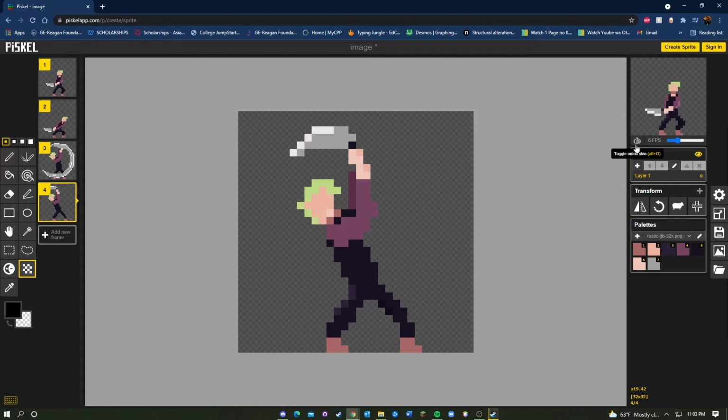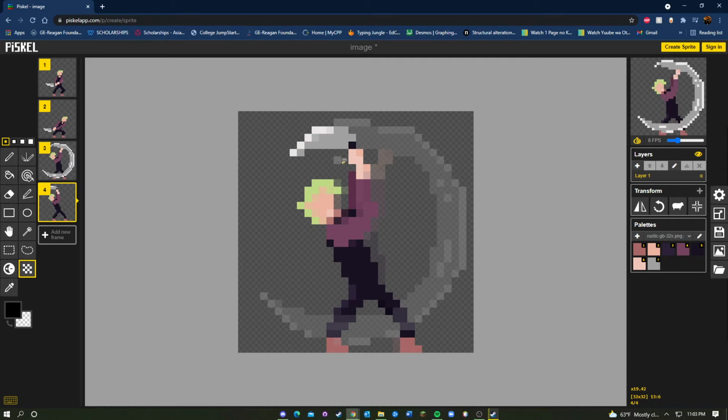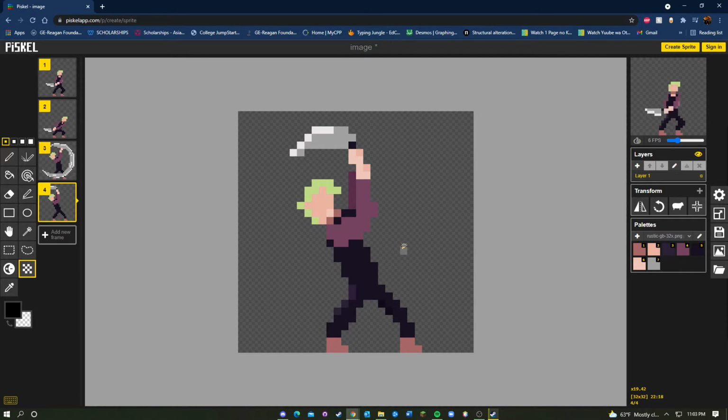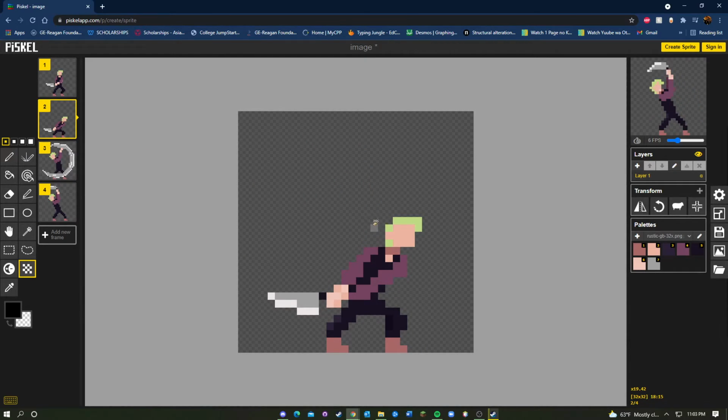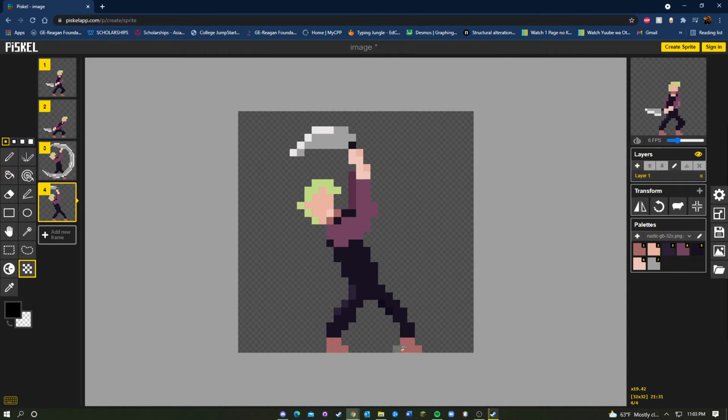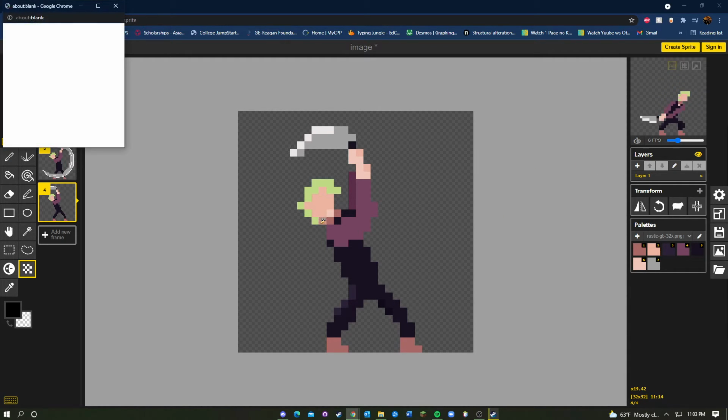If we compare it to the old one, we see that he moved a little bit backwards just to show that he's really bringing the knife all the way back up. And we're using other principles of animation, squashing and stretching. I didn't really go over this before, but he's squashing down in this frame to build up power, and at the last frame he's extending his body to show that he's using his full extension to gain the most power out of his swing. So if we look in the animation player,